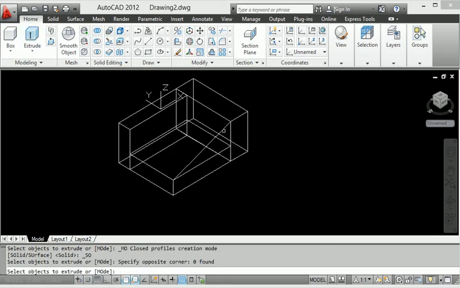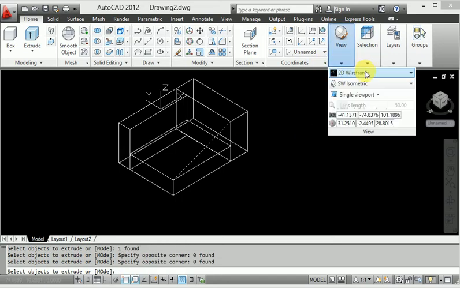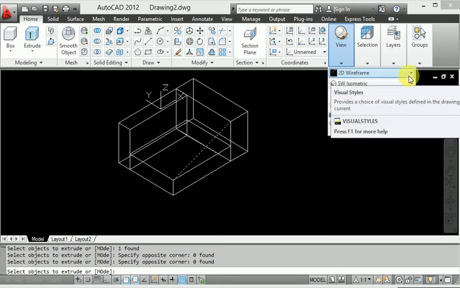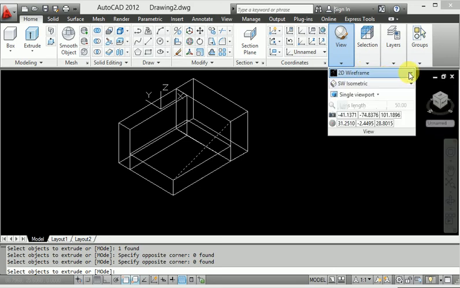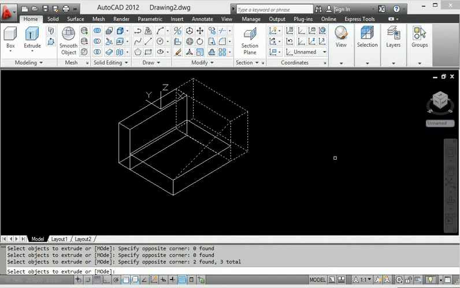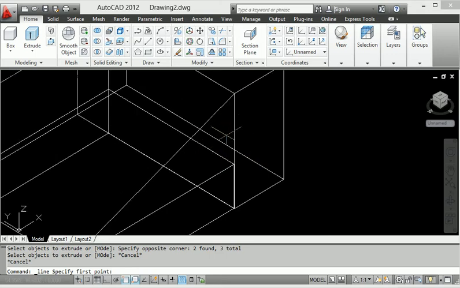Okay, so when I use the visual style, when I enter the visual style here, I remove this line, which is not actually required.